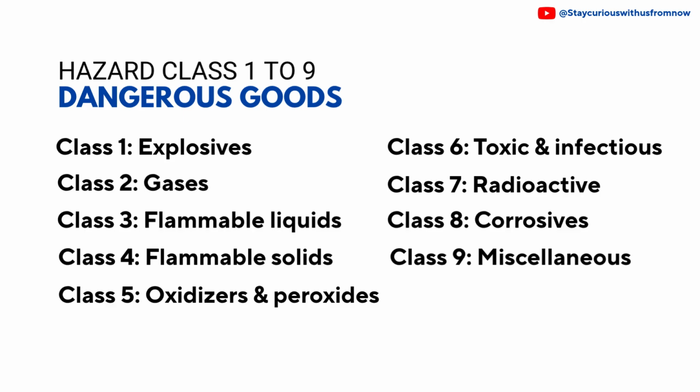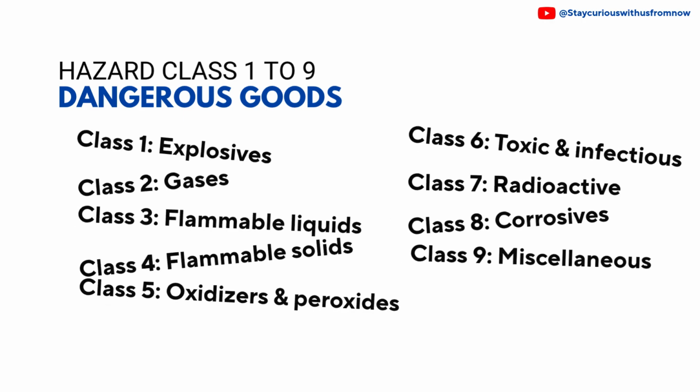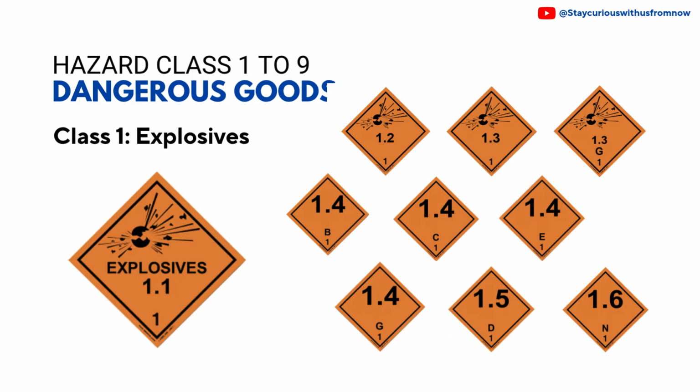Now let's explore the 9 hazard classes of dangerous goods, the foundation of how hazardous materials are classified worldwide. Each class represents a different type of risk, and understanding them is essential for safe handling and transport. Class 1 covers explosive substances or articles that can detonate or produce a sudden release of gas and heat, like fireworks or ammunition. Class 2 includes gases, which can be flammable, toxic, or simply pressurized, such as propane, oxygen, or